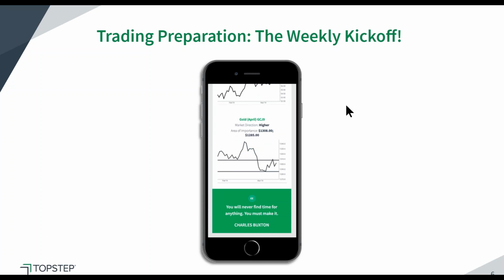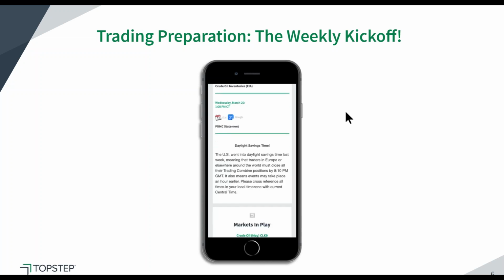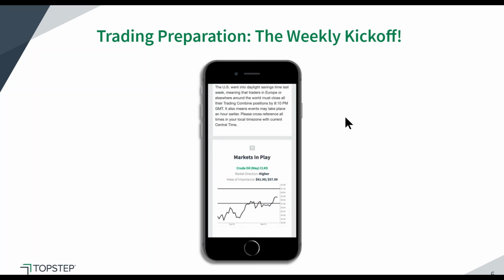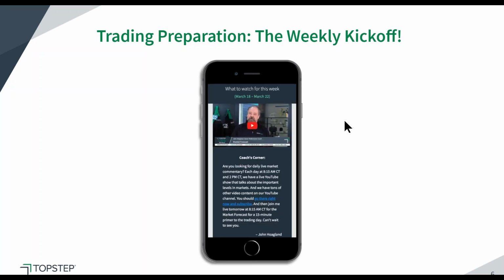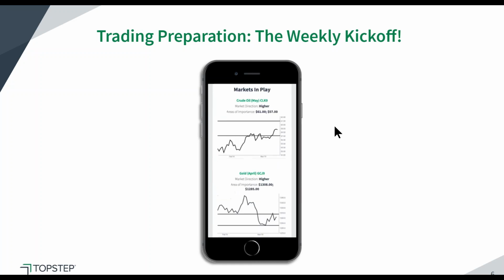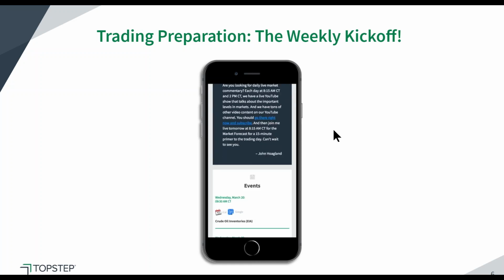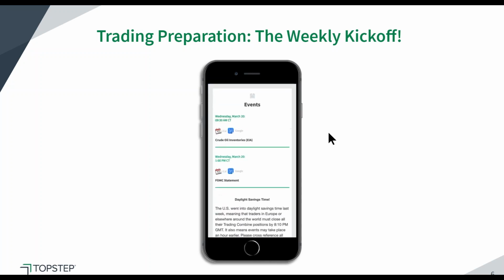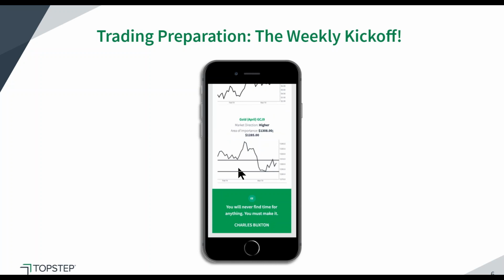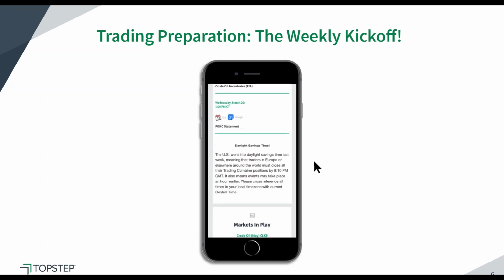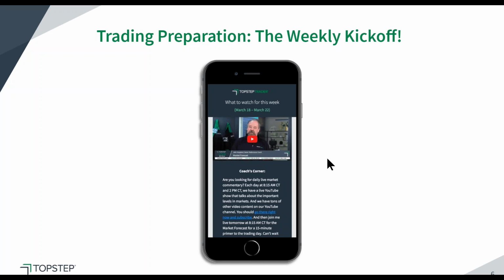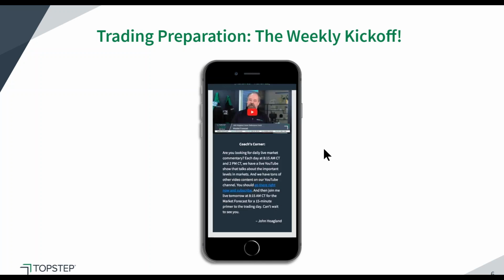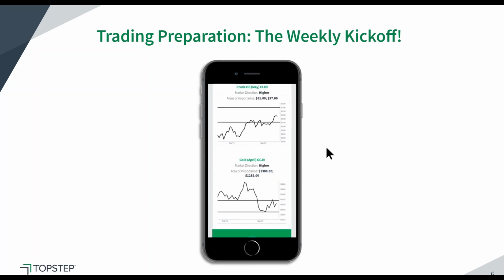The weekly kickoff has important notes about the markets that we trade here when there are specific events due out. There's also what we call the weekly kickoff levels. These weekly kickoff levels have been proven very valuable to all of our traders that take a look at this particular email here. You can kind of see on these charts here, there's horizontal lines that represent areas where we believe longer, stronger money will need to adjust inventory. And it's very important, of course, to understand who your competitors are at any particular time.